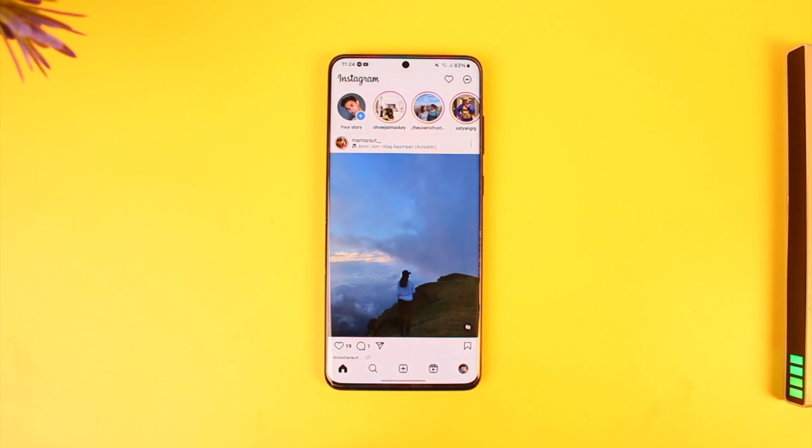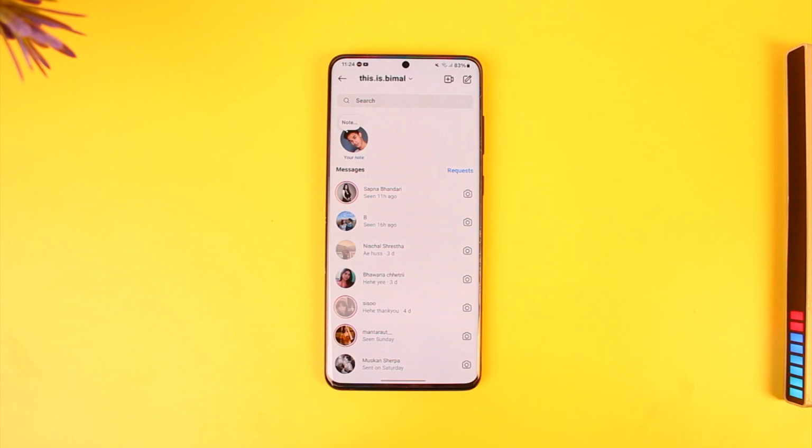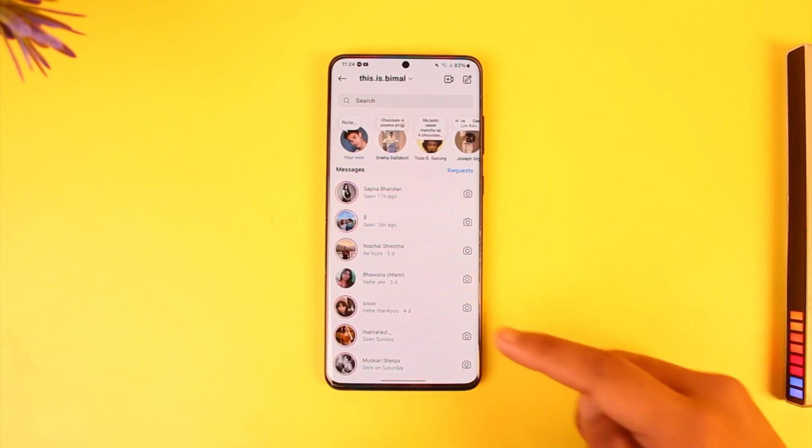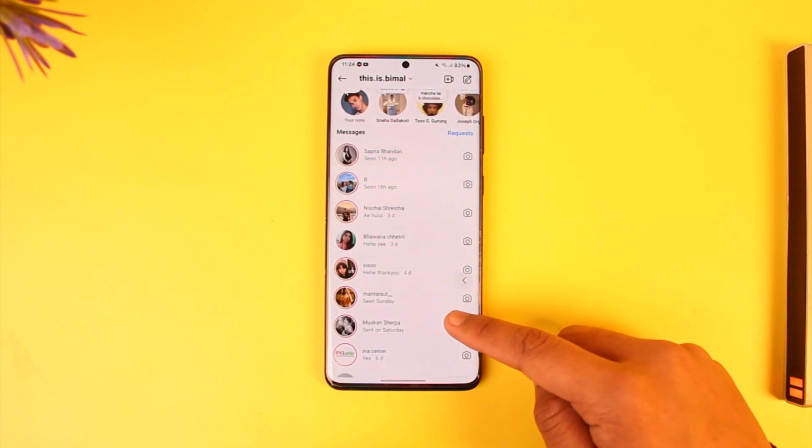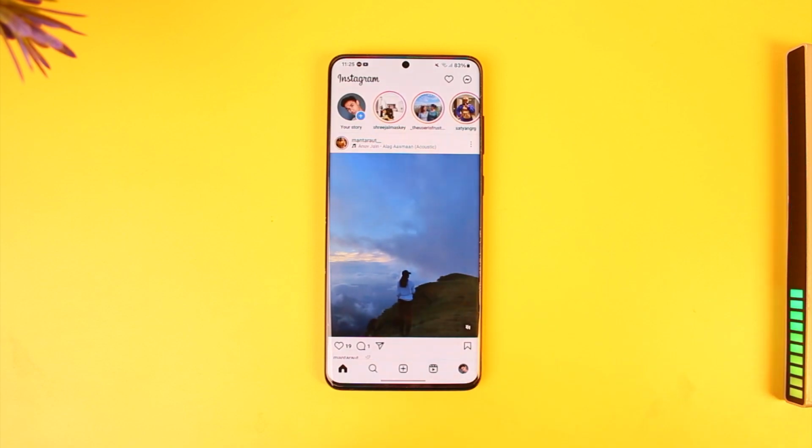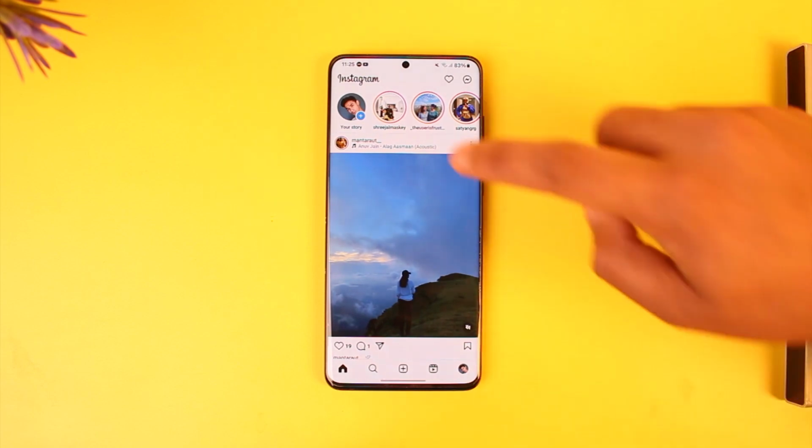One is if you are mentioned in the story, the other is if you aren't. So if you're mentioned in a particular story, you can simply go to the DMs tab and then you'll most likely get a notification that you have been tagged inside of that story, and you can directly add them to your story. But in another case scenario, if you're not tagged in that story, the only way that you can